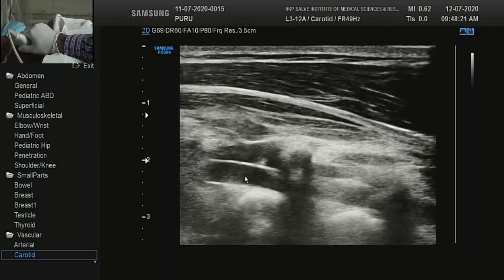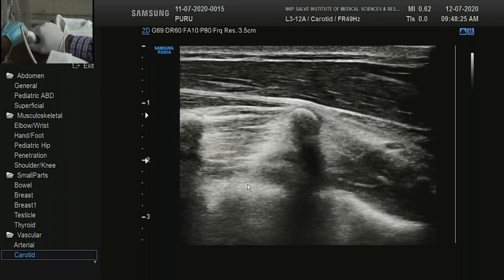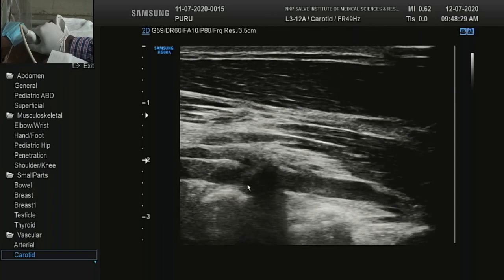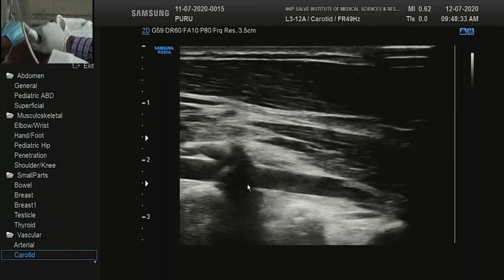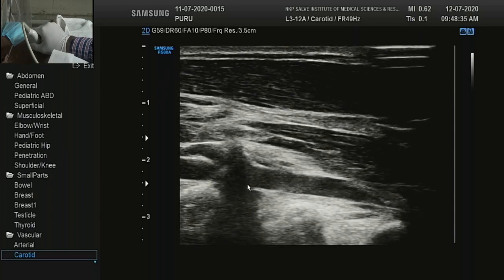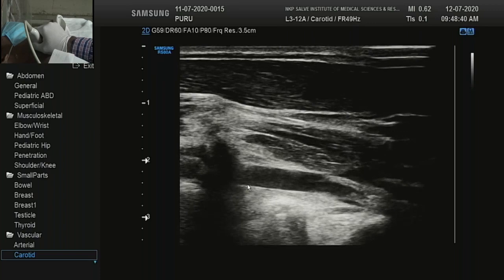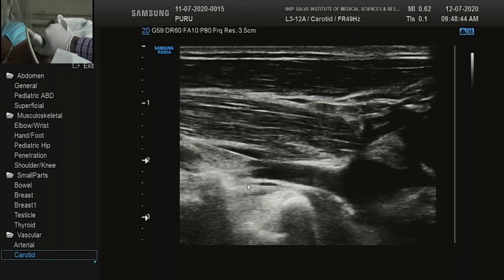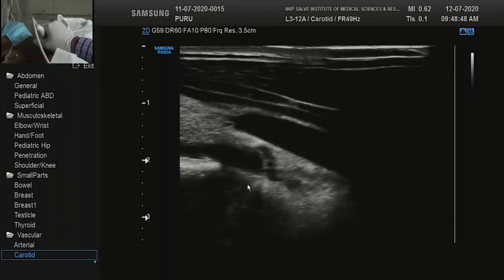So just image it, see whether it is pulsatile, and then only you can go for spectral Doppler. Reduce the gain so that it is a better evaluation. The focus I have brought down to the area of interest. You can adjust the focus as and when required, and now the vertebral artery is very nicely seen right from origin to here. So it is very easy to see the vertebral artery.